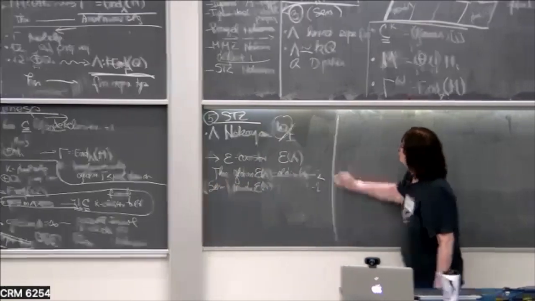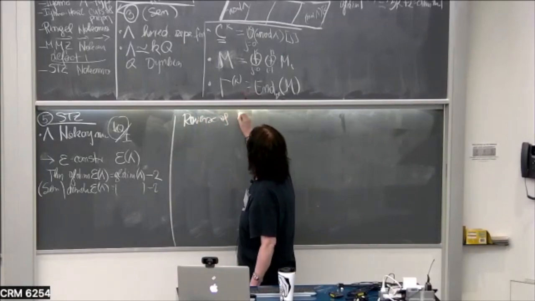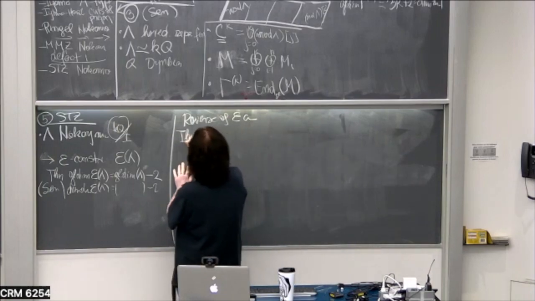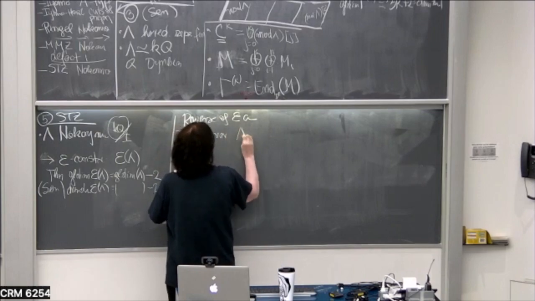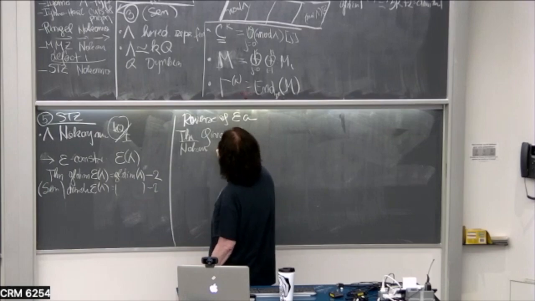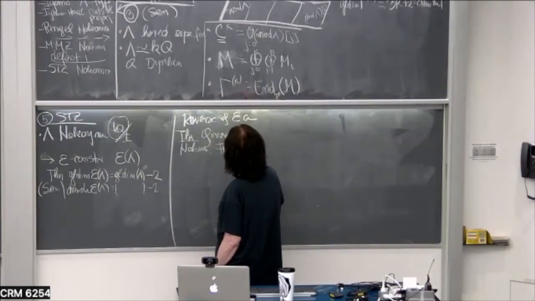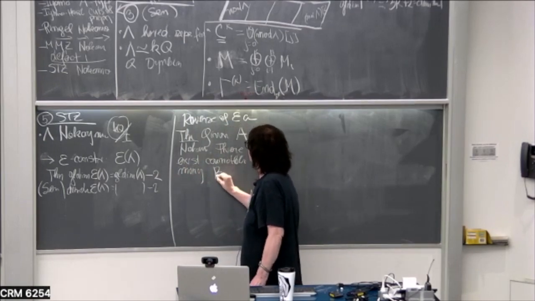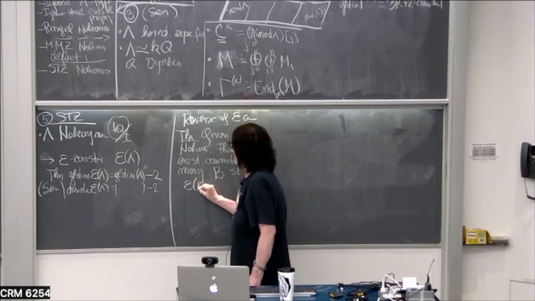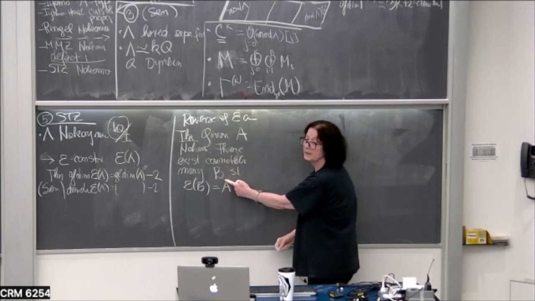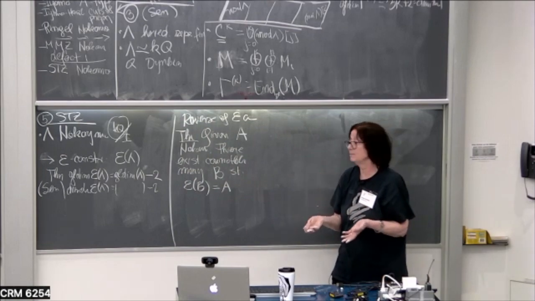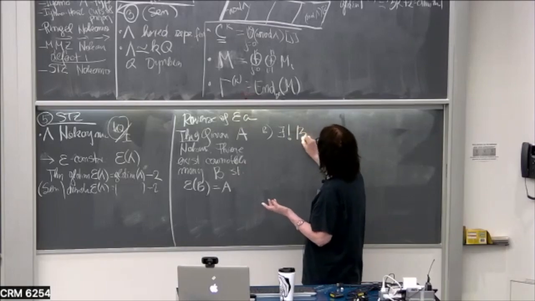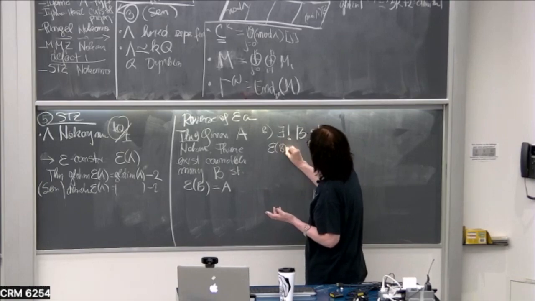So what we do now is the reverse of the epsilon construction, and we have the theorem. I'll state two theorems and the corollary, and that's it. The theorem is: given a Nakayama algebra A, there exist countably many Nakayama algebras B such that epsilon of B is equal to A. So that says that there are countably many algebras which have higher global dimension and higher dominant dimension. That's part A. Part B is there exists a unique algebra B such that epsilon of B is isomorphic to A,